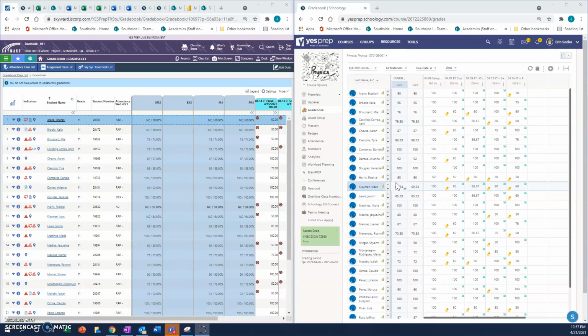Good news. We can finally use the grade passback function on Schoology, which is very exciting. The initial setup is pretty simple. It takes about 30, maybe 60 seconds, depending on your internet connection. So I'm going to take you from start to finish. I'm going to use Brana's physics class, and then I'll keep the screen split so that you can see both sides of it